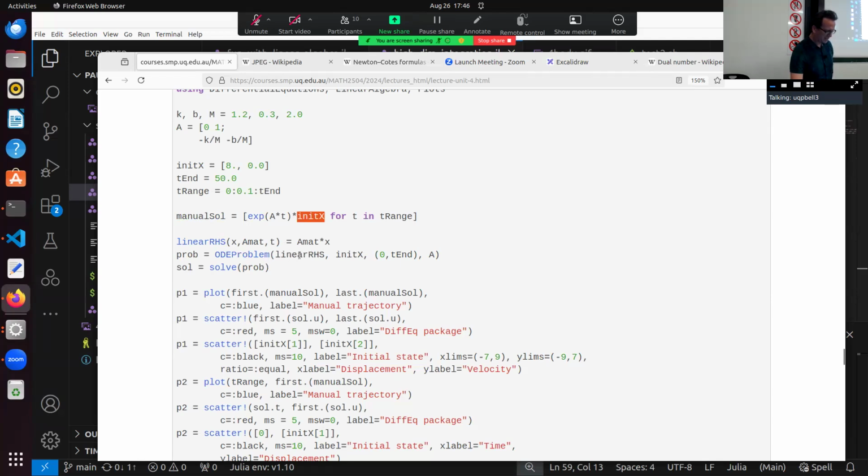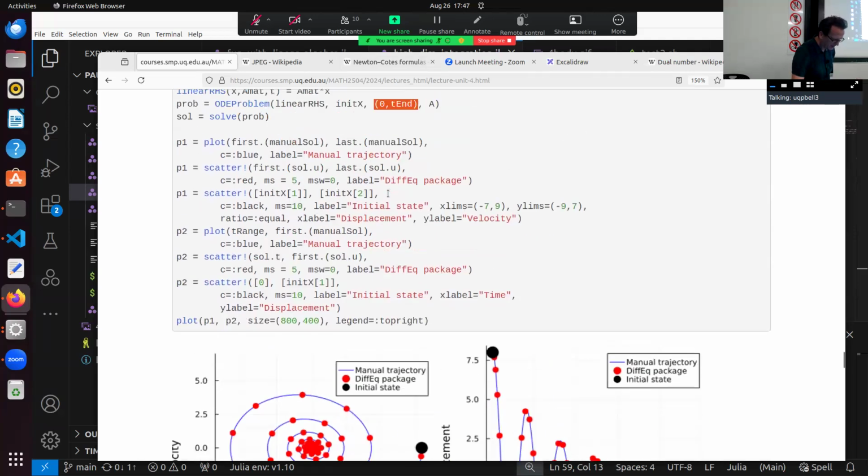I'd pay attention to this little funny API. So, linear right-hand side. I kind of feel like there's a funny API everyone's landed on for solving ODE problems. So it's good to pay attention to it, how they do it, how you pass the function in. Pass in the system, pass in your initial state, pass in a time range. So clever methods will adapt the time steps for you. How they do this is kind of sophisticated. I don't know what you need A for. Anyway,